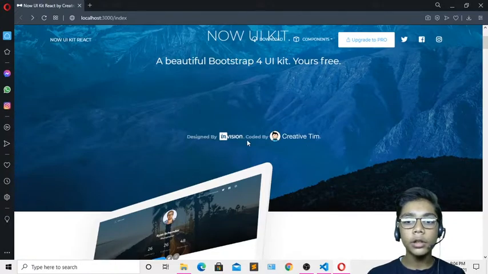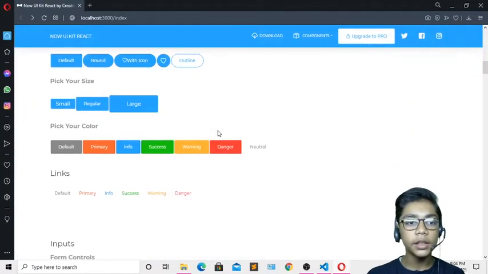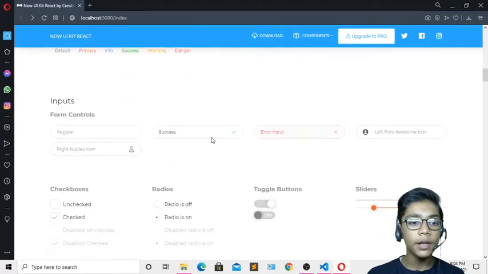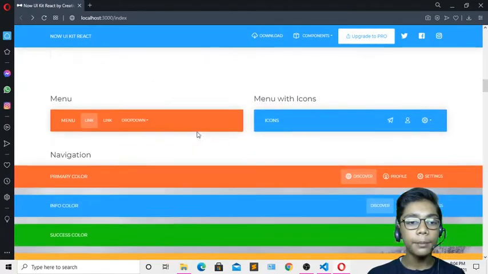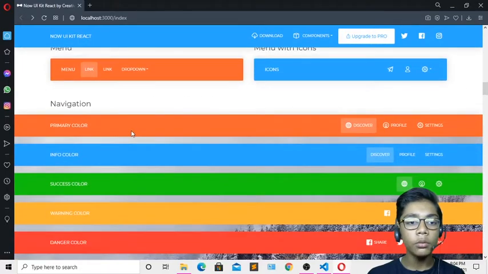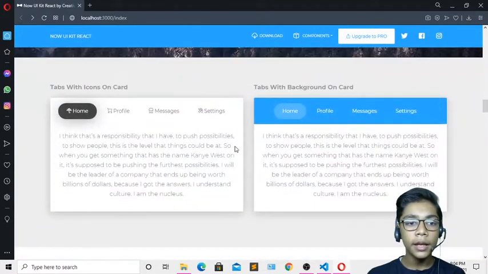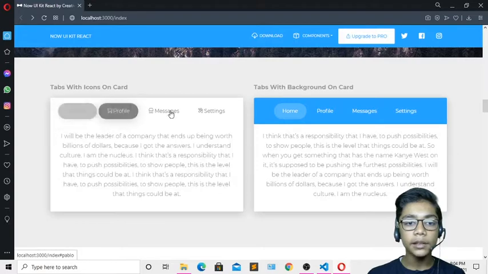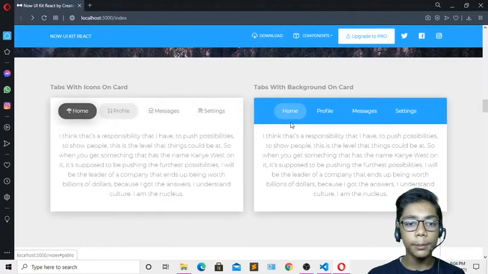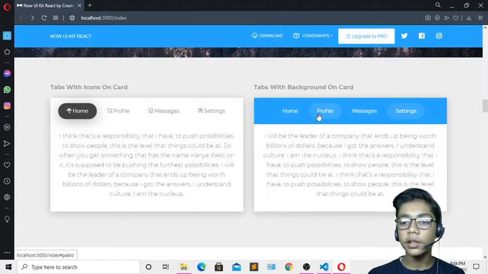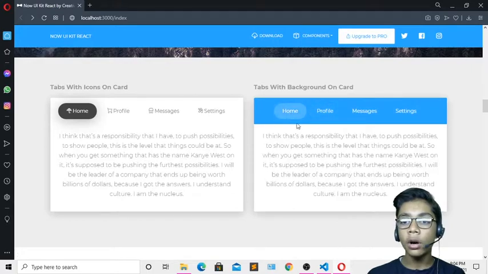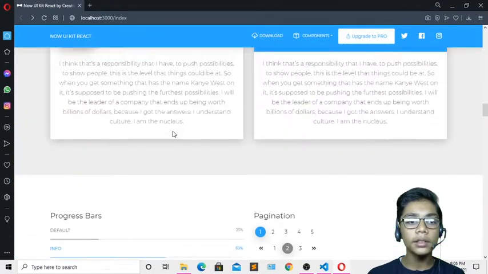And we are also having some things like pictures and buttons, basic elements. Then inputs, checkbox, and we are also having a menu and navigation bar. Here you can see how good looking all these things are. And we are also having tabs with icons, like I've shown you, and as I press that, our tab is changing, and the hover effect is on the tab which I have just changed. So here you can see how good looking all these things are.